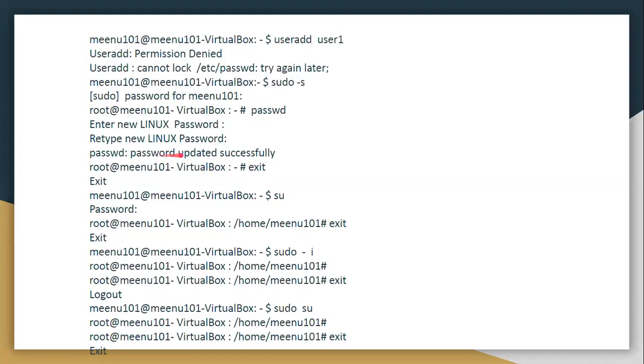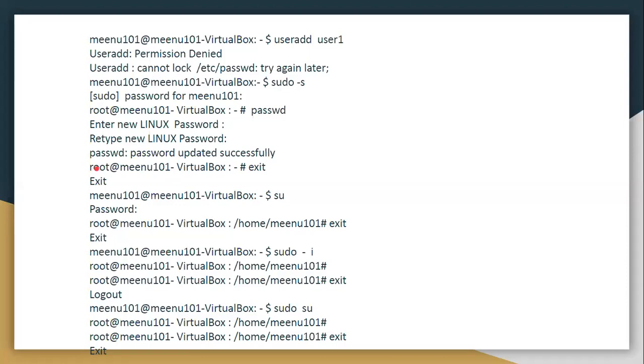Password updated successfully. Fine. And I move out of that root. It is advisable not to work in super user mode always, because it has advantages as well as disadvantages.